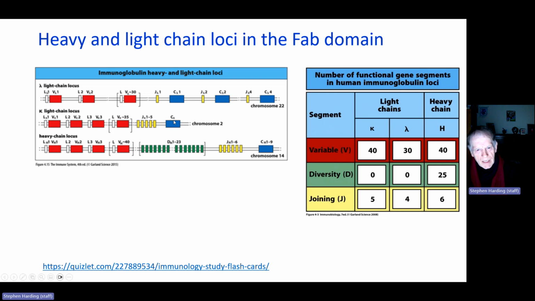and this is the segment coding for the constant domain. Again, you can get some variations here. This is the lambda light chain. This is the kappa light chain. And the heavy chain